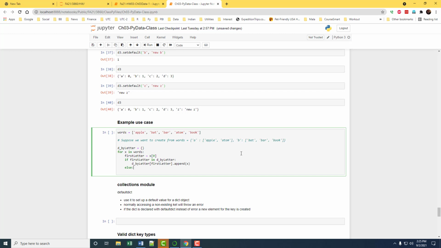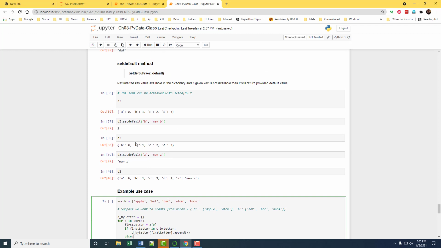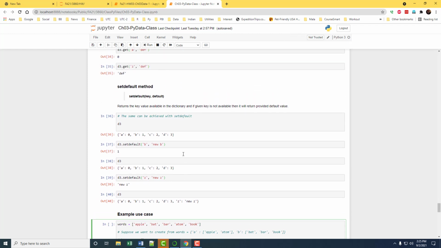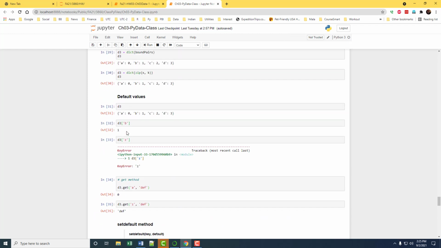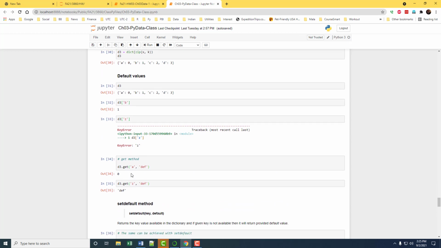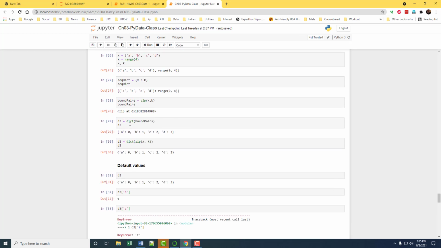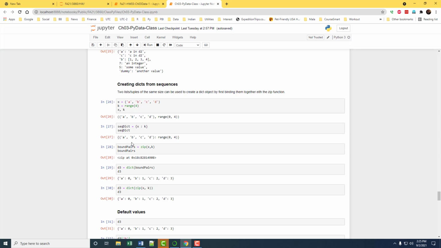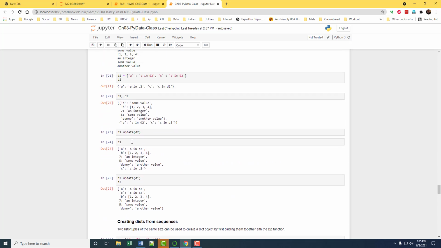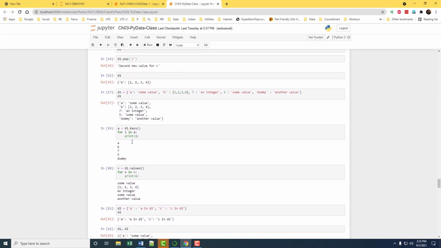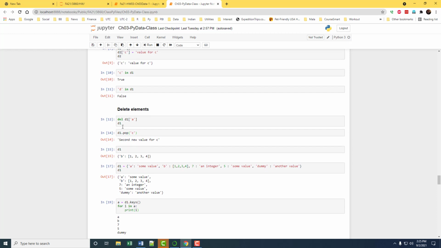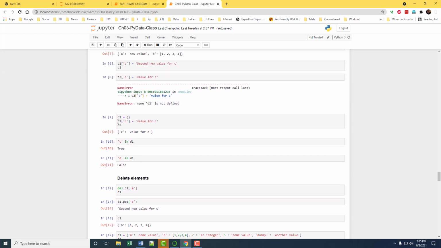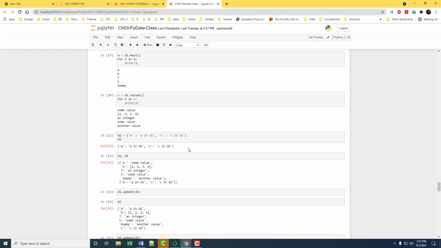Remember, if there is already a dictionary, we can set a new key value like this. If it is already there, all we have to do is set a new value. You put a key and set the value to it.